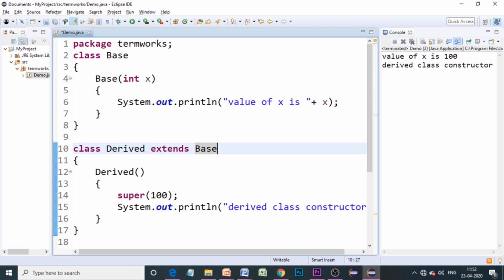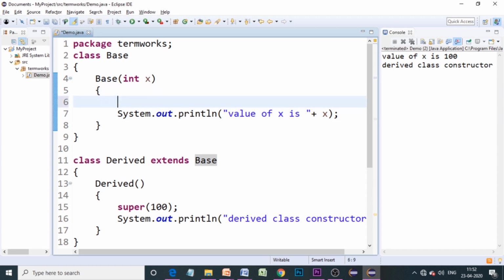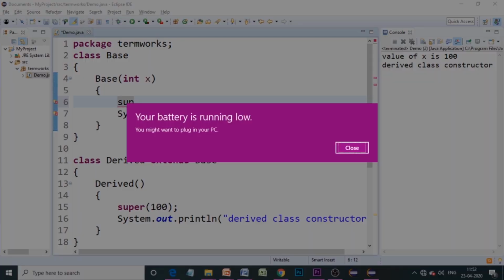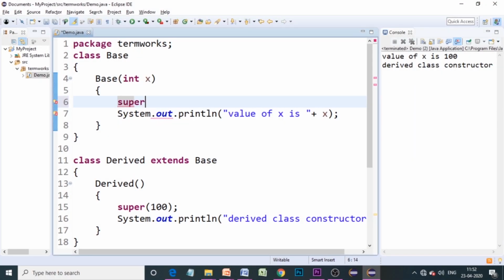So these are the three important usages of the super keyword, and you have to use those super keywords properly. One observation I made when I was evaluating your termworks was that some of you tried using the super keyword in the base class itself, that is in the super class. If you are doing this, this is meaningless. So what is it going to do over here?